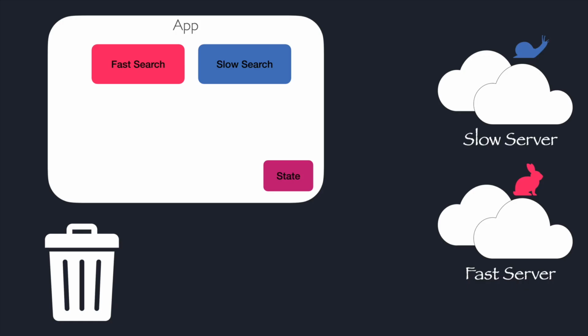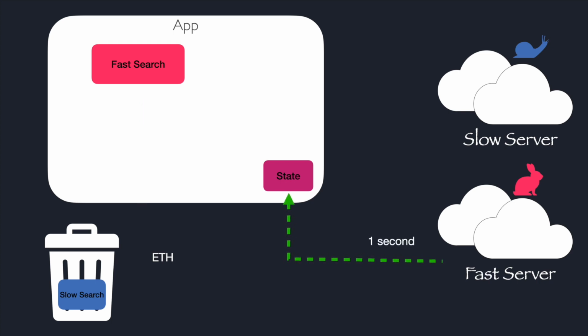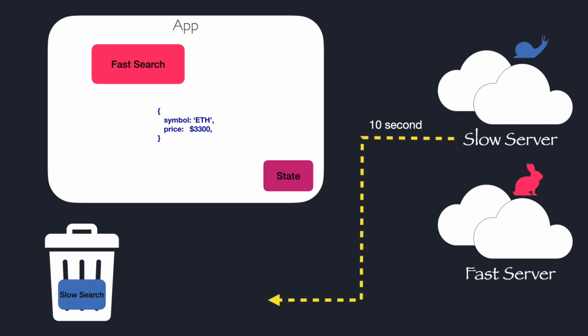Let's have a look again. BTC request is sent to our slow server. A few seconds later, we change our mind and make a request for Ethereum, but this time to our fast server. The response comes back from our fast server. It is written to our state and it's displayed on the page. However, the outstanding response from the slow server comes back soon after. And since we did unsubscribe on destruction of the component, nothing happens, as our application state is not clobbered by